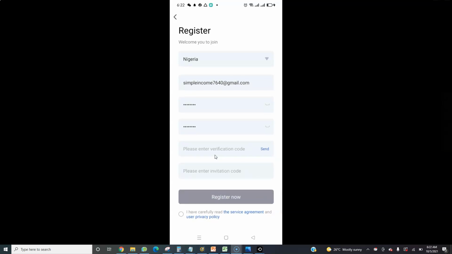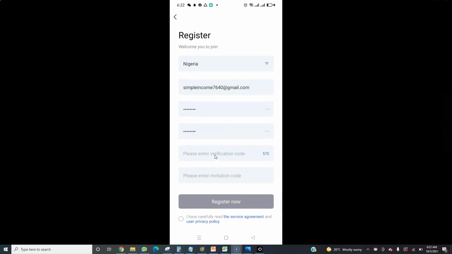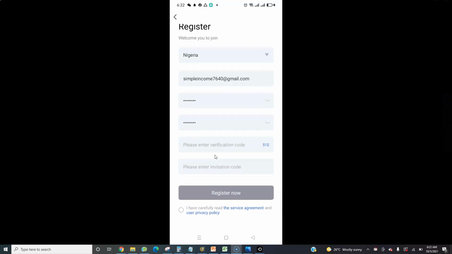So we need to send a code. Just click on send code. They will send the code to the email we entered at the top, so you need to check your email to see the code.